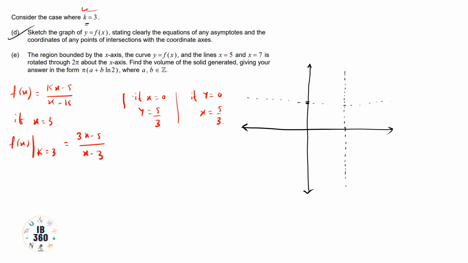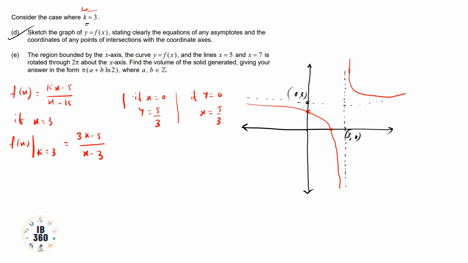So at x equals 0, y is 5 by 3, so 5 by 3 is somewhere like there. So this point is (0, 5/3), and this point is (5/3, 0), and this will be the asymptote. This is one branch, and somewhere the second branch is there. So the graph will be like this. It is trying to touch the asymptote but will not be able to do that. And from here it is just a mirror image of this graph. Okay, this is the graph of this equation.